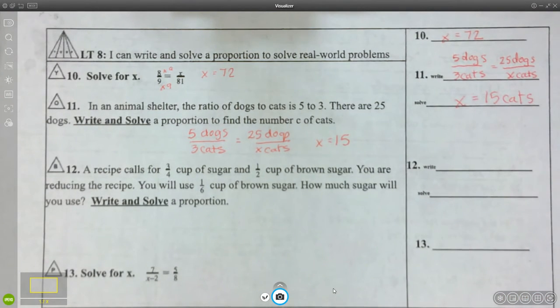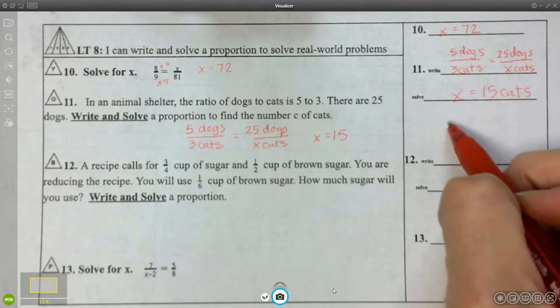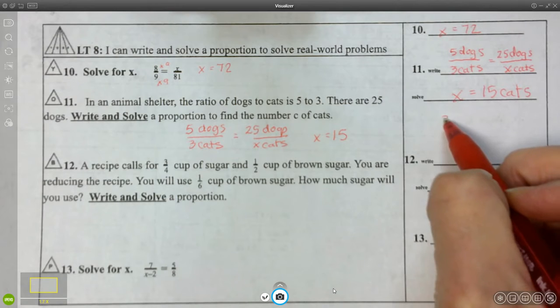Okay, a recipe calls for 3/4 a cup of sugar and a 1/2 cup of brown sugar. You are reducing the recipe. You will use 1/6 of a cup of brown sugar. How much sugar will you use? Write and solve a proportion. So we're doing this the same way, but it's going to look a little crazy because we're going to write the proportion